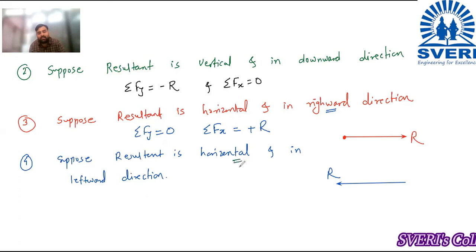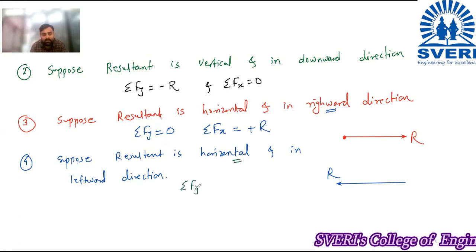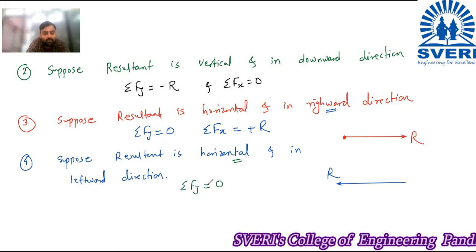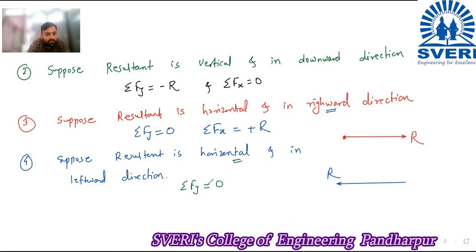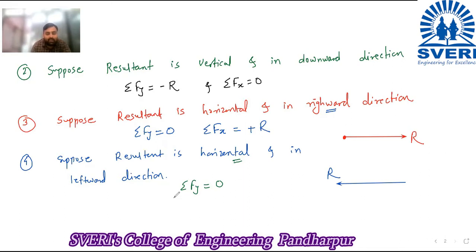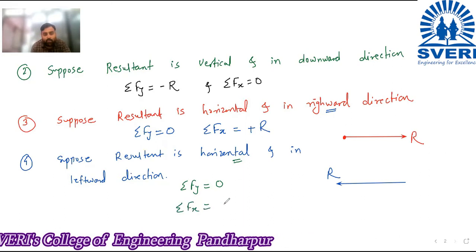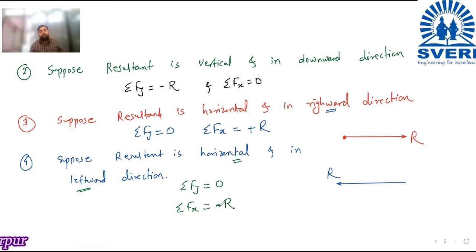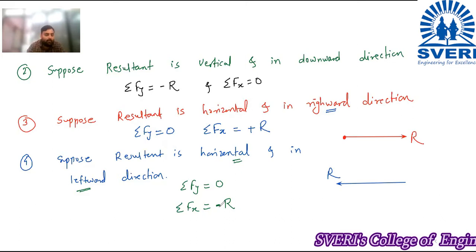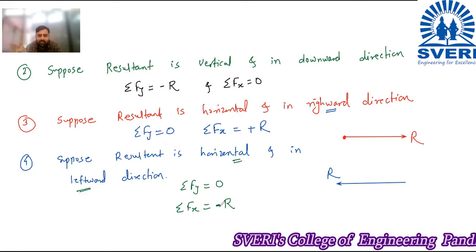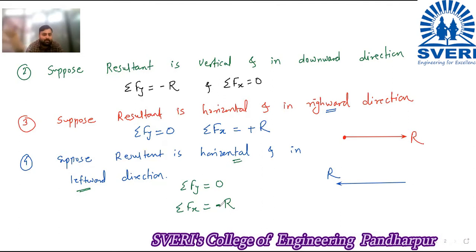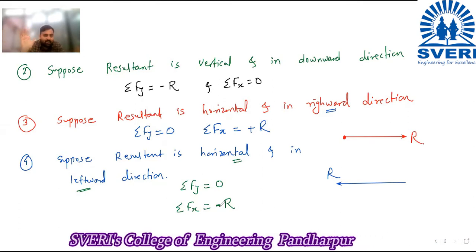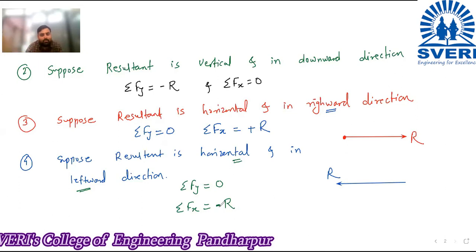Now first thing is resultant horizontal. Resultant horizontal आहे म्हणजे x ला पॅरलल आहे, म्हणजे y काय असायला पाहिजे 0. Okay, so summation Fy is 0 and then summation Fx, it is parallel to x, so summation Fx equal to R, but our resultant is moving towards left hand side, so summation Fx must be minus R. Okay, so these are some conditions that you should remember. Rather than remembering, if you understand this now, then there is no need to remember this. Once you understand the concept with the sign conventions, then there is no need to remember this.